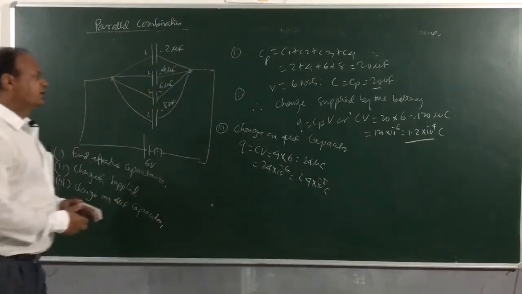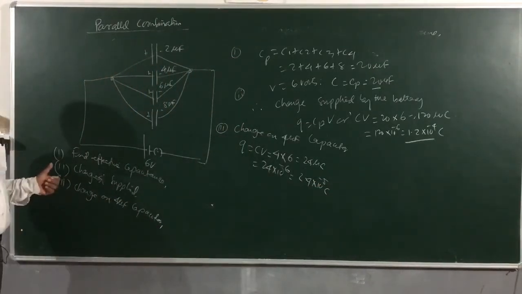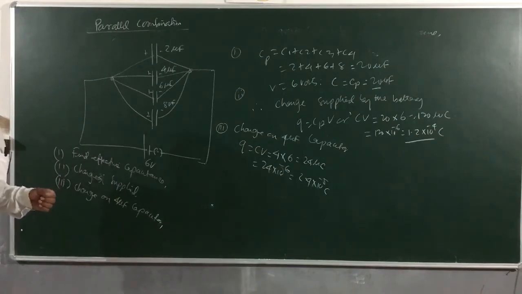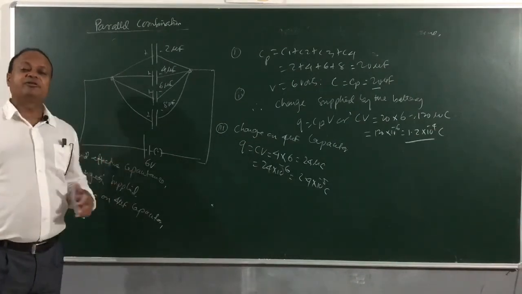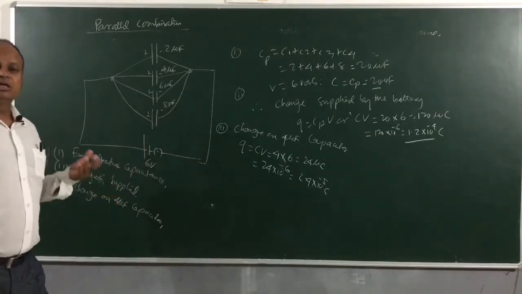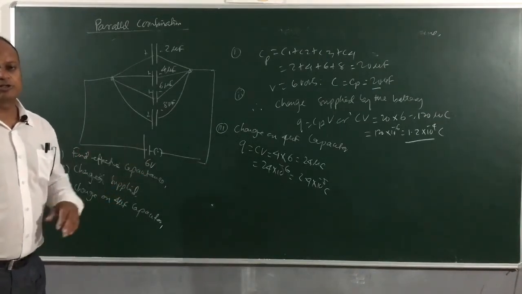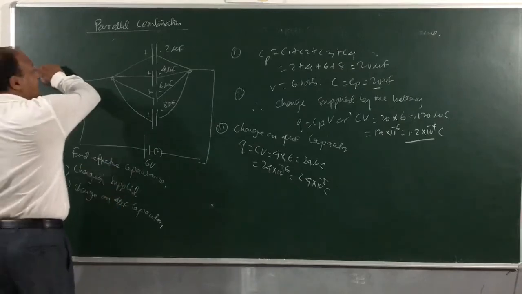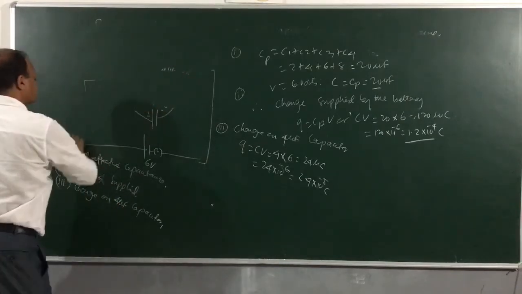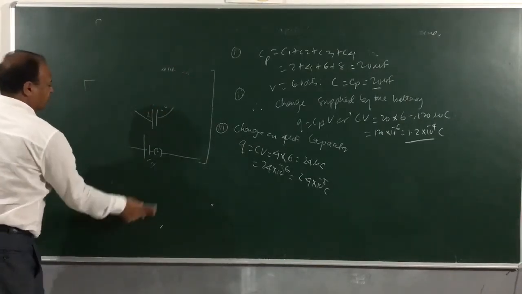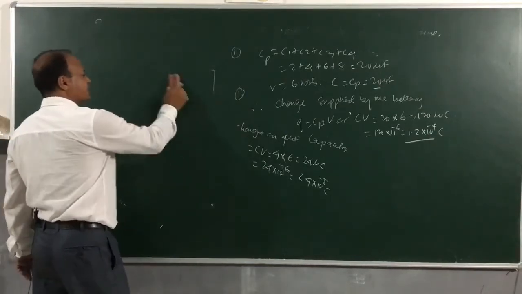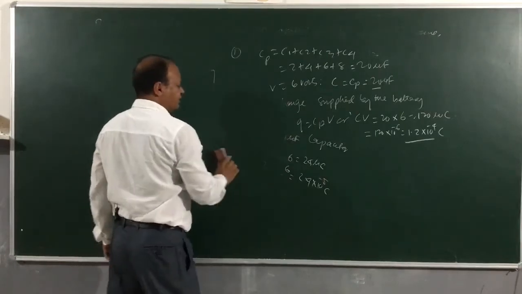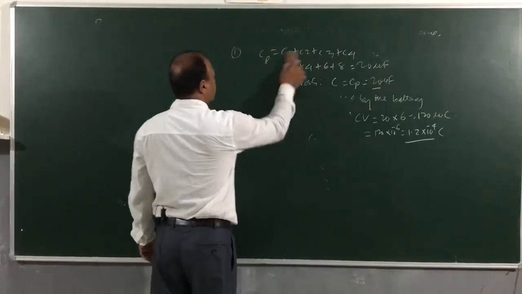So children, this was a simple numerical that we discussed on parallel combination of capacitors, but we will come across problems where capacitors will be having a mixed combination also. Mixed meaning we can have series, we can also have parallel. So let us see an example of mixed combination, and in this you have to be able to discuss whether the combination is series or whether the combination is parallel, and then we will deal with the problem in a very easy manner. Let us see.